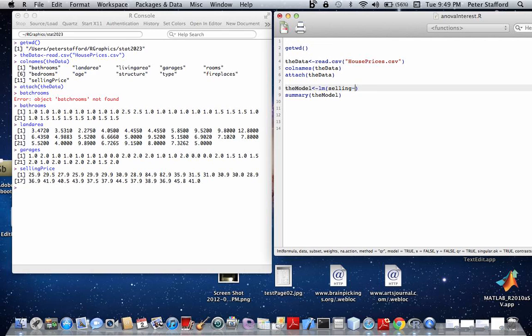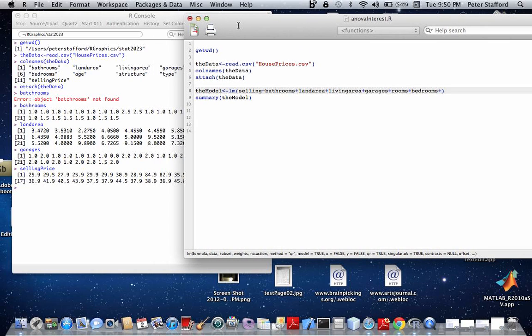So I'm going to start with bathrooms, B-A-T-H-R-O-O-M-S, then a plus sign, then land area, L-A-N-D-A-R-E-A, then another plus sign, then living area, L-I-V-I-N-G-A-R-E-A, okay, living area, then garages, G-A-R-A-G-E-S, okay, then rooms, R-O-O-M-S, okay, then bedrooms, B-E-D-R-O-O-M-S, okay, then age, A-G-E, then structure, S-T-R-U-C-T-U-R-E, okay,